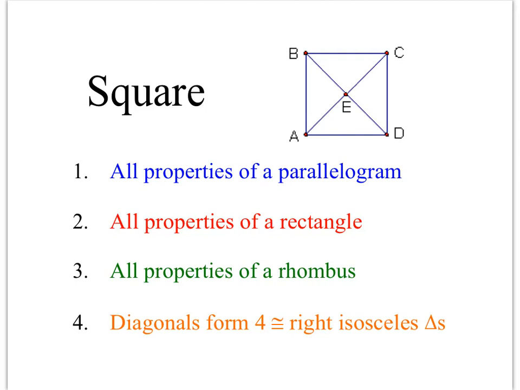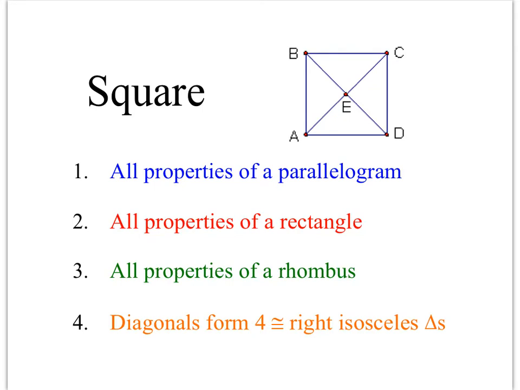Square is their offspring. So a square has all the properties, all 5 properties of a parallelogram, because it's the grandson of parallelogram. It has all the properties of its father, rectangle, and all the properties of its mother, rhombus. So a square is very, very special. All these things apply to all these shapes. And the diagonals here are going to form 4 congruent